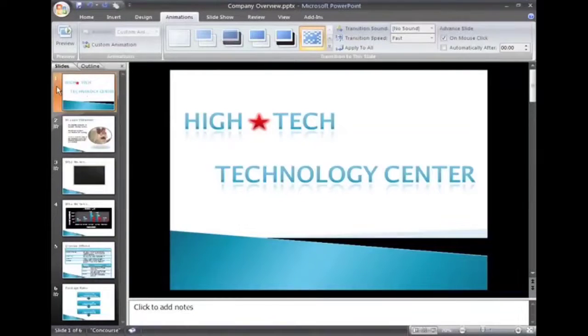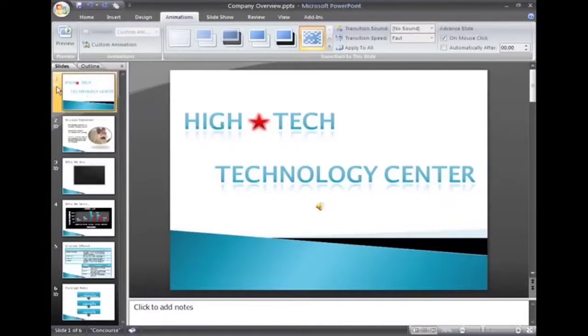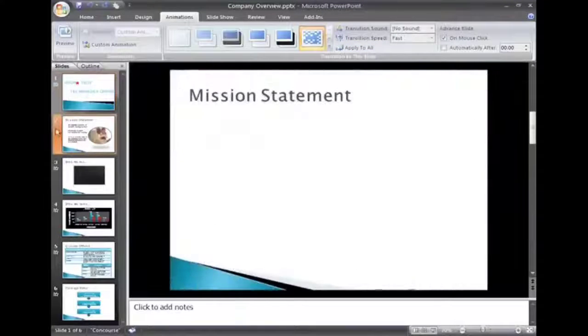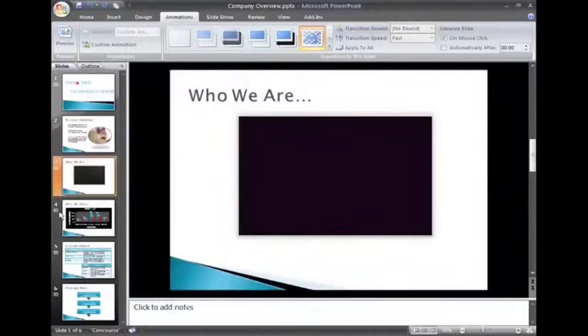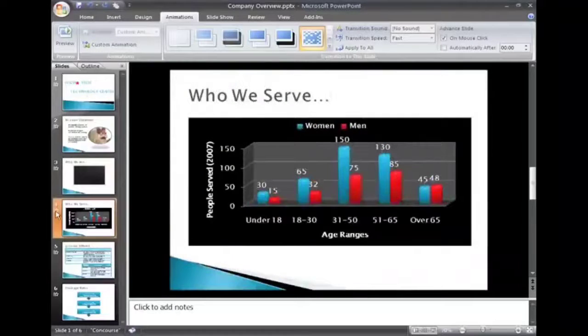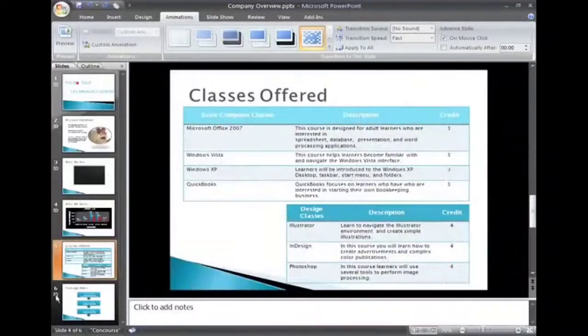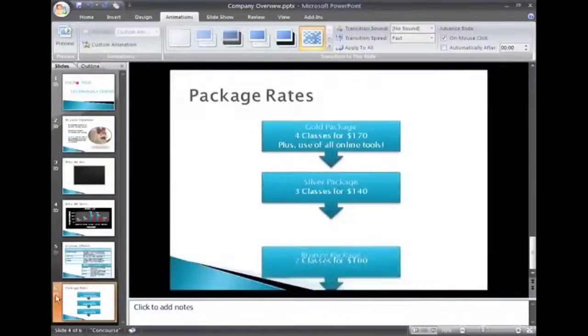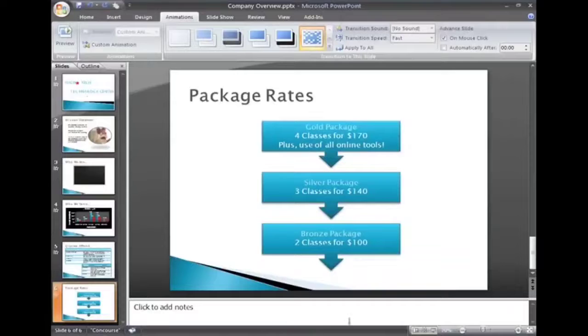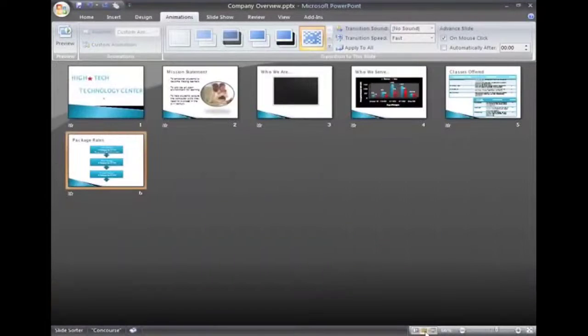Then the next is this, this is the animation, not the transition, this is the animation which I have applied on the image. Then click apply to all, then the same transition will apply to each slide. After the previous slide, the next slide will come with the same transition effect, and inside the slide the text will come with the animation that you have applied for each text.